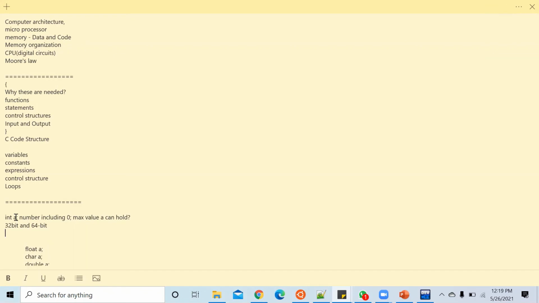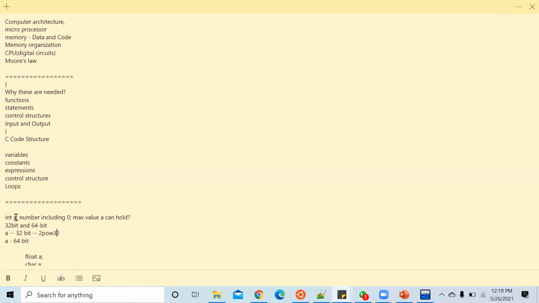In case of 32-bit, the size of integer A is 32 bits. On 64-bit machines, the size of A is 64 bits. So by using 32 bits, what is the maximum value you can store? 2 to the power of 32.